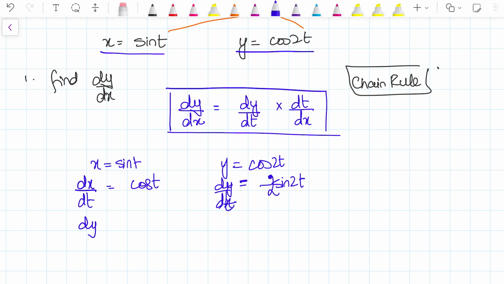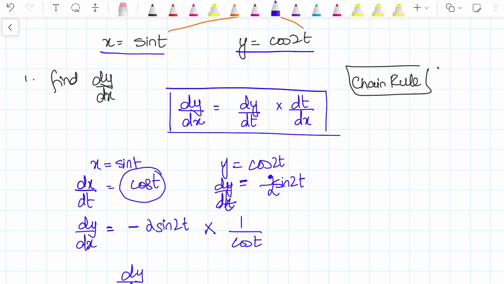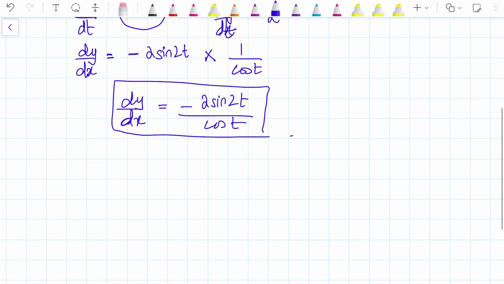Now, how do we find out dy upon dx? Dy upon dx is dy upon dt multiplied by dt upon dx, which means the reciprocal of this function. So my dy upon dx is also in terms of another parameter. This is just an example and explanation of the concept. Now I will start with past paper questions so you understand what type of questions you get.